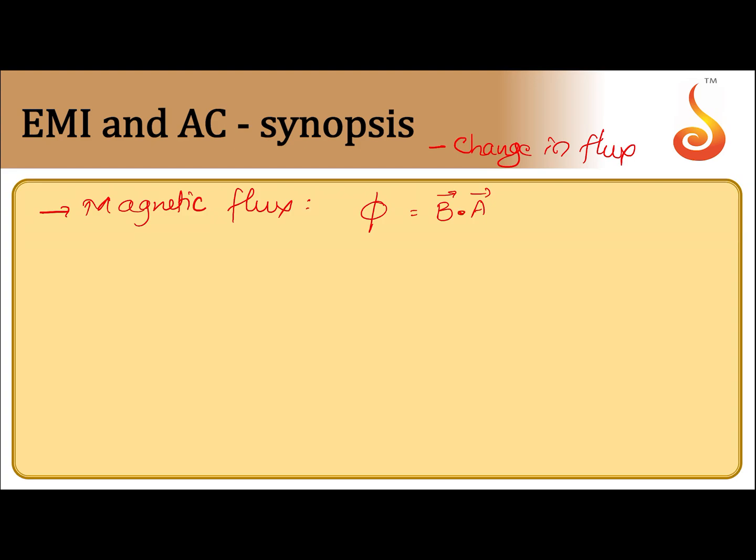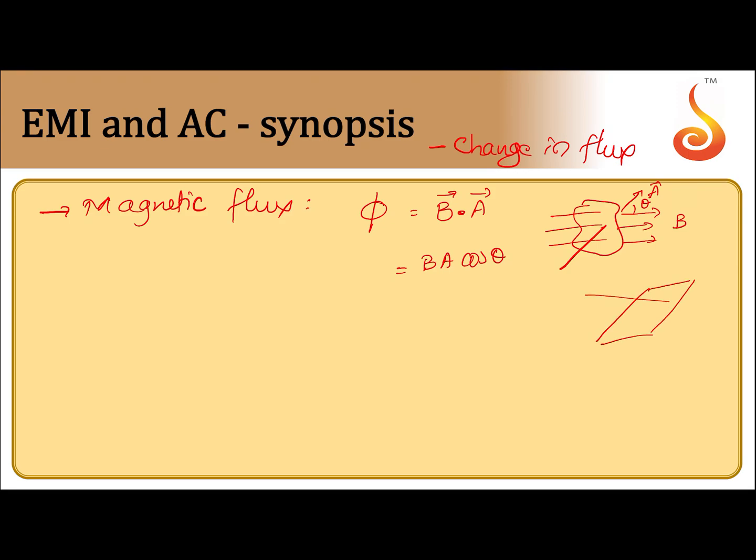For example, if we consider magnetic field lines to be represented like this, and if the area vector of this is along this direction, subtending an angle theta, then the flux is given by BA cos theta, theta being the angle between these two. If the magnetic field is, however, variable, for example, here is a surface under consideration, and